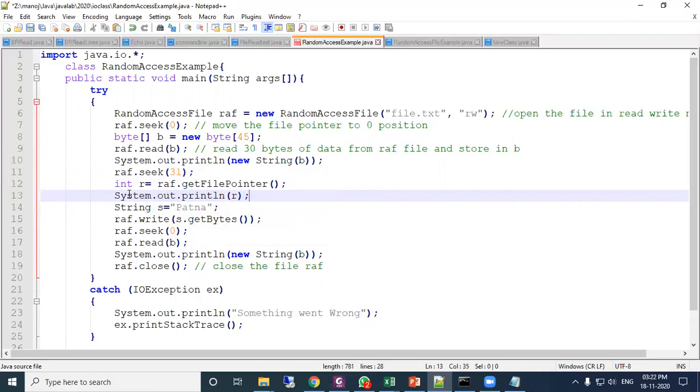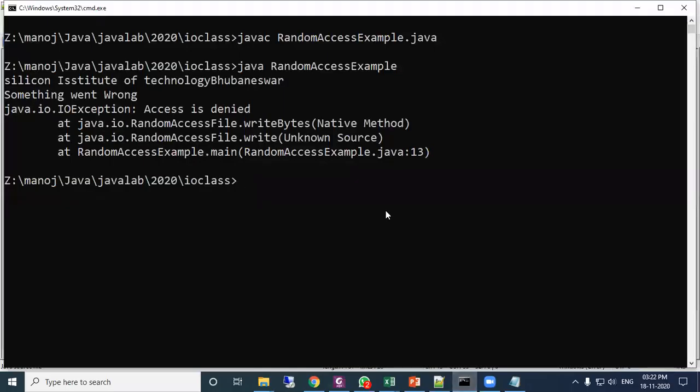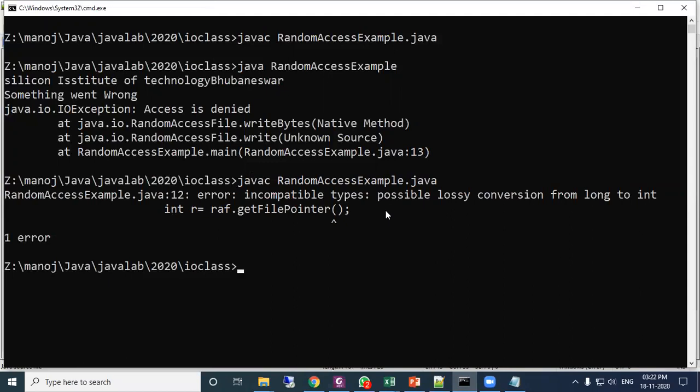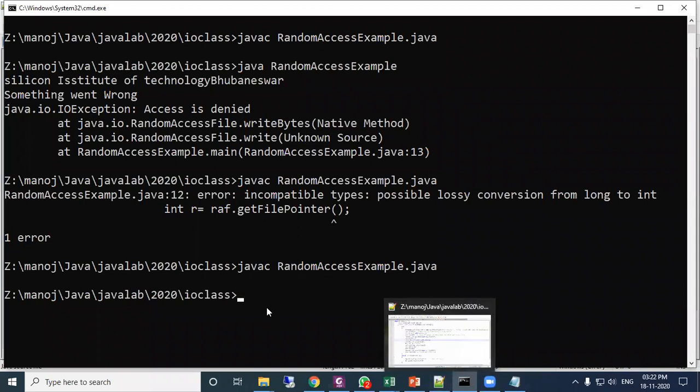Here I will print r. Let us execute this.